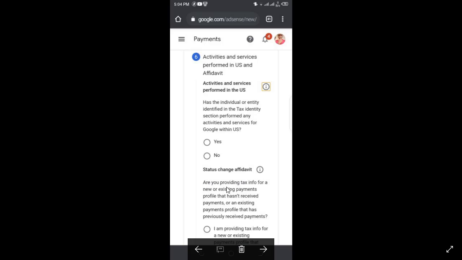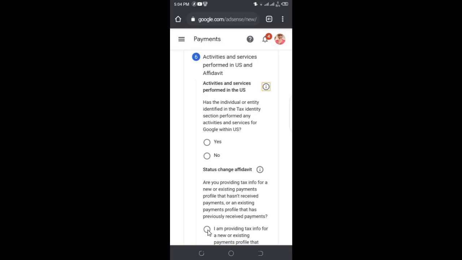So here you see: are you providing tax info for a new or existing payment profile that hasn't received payments, or an existing payment profile that has previously received payment? If you have previously received payment, you're going to select this little button right down there: I am providing tax info for a new or existing payment profile that has received payment before. So you select that.